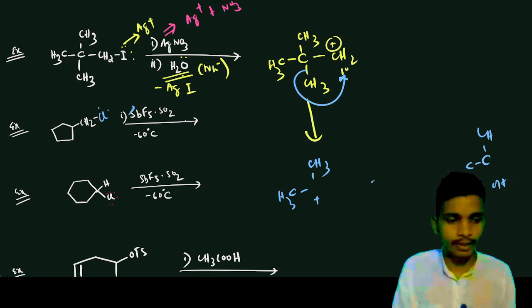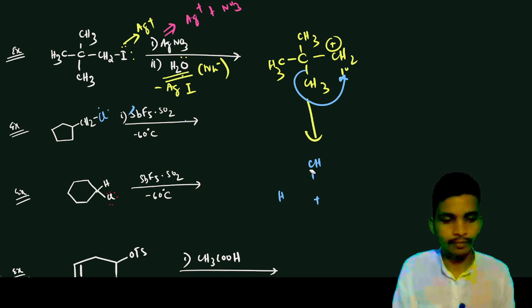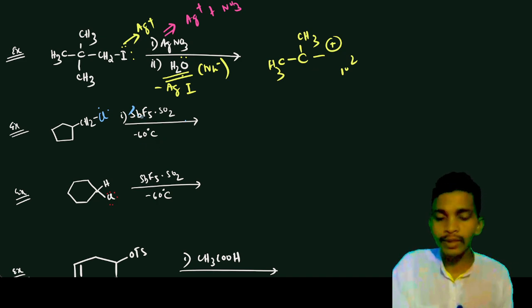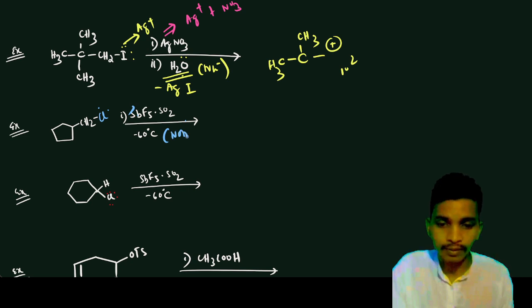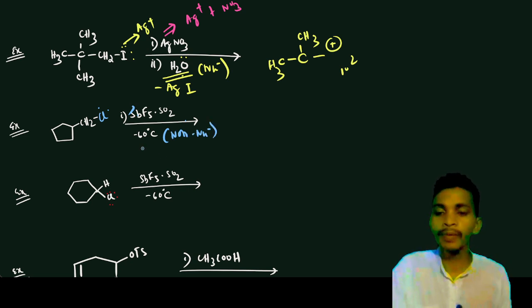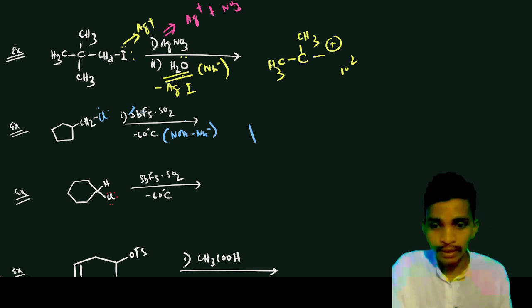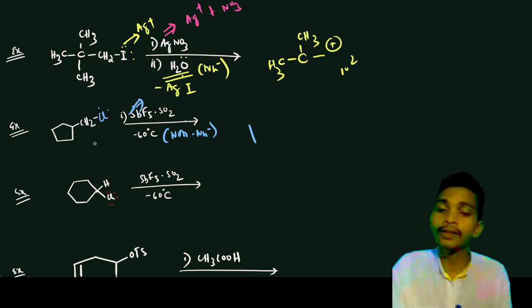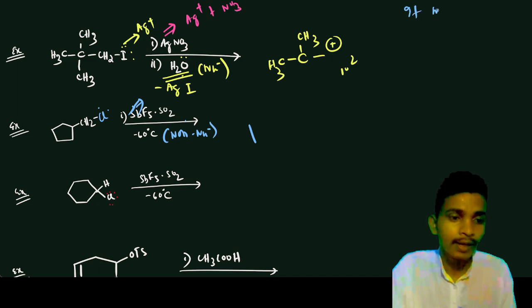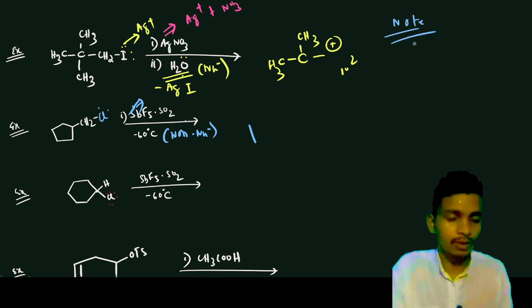Now moving to the next example. For this, what we see is that this is a non-nucleophilic medium. If it is a non-nucleophilic medium, the maximum possible rearrangement will happen. It means that here SbF5. So Sb is again a metal. So what I say is that if a metal is present in the reagents,